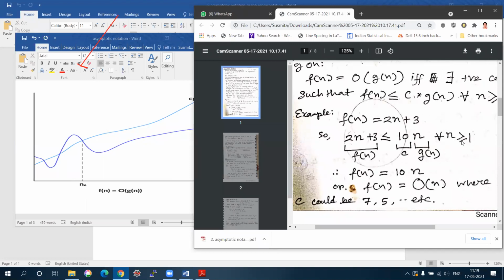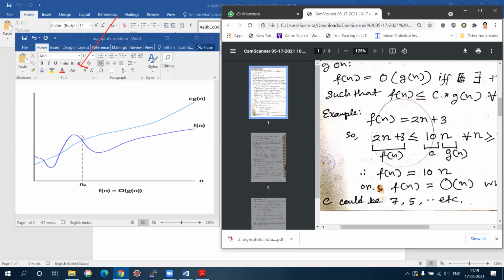If n equals 0, then this inequality does not satisfy. That's why we cannot say what will happen before this n0. Before n0, somewhere you can see c n is greater, somewhere you can see g n is greater, so there is no specification which will satisfy the inequality. But after the value n0